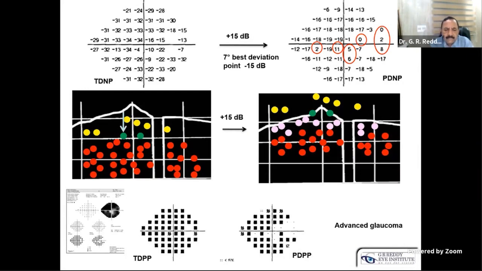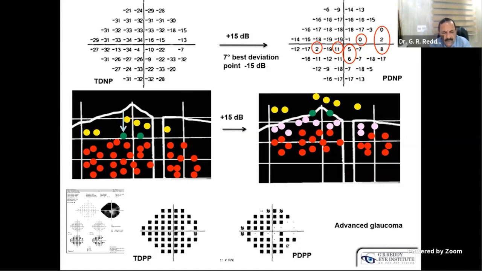When you do a test in SITA Standard, and when you follow up the patient, if the patient is not able to do it and we shift to SITA Fast, will you be able to compare the test results of different strategies? It all depends. You are repeating the test, and the patient is not able to do the test well. At what stage of glaucoma are you repeating? That is one important thing. And another thing is, is the patient unreliable clinically? That is another important thing.